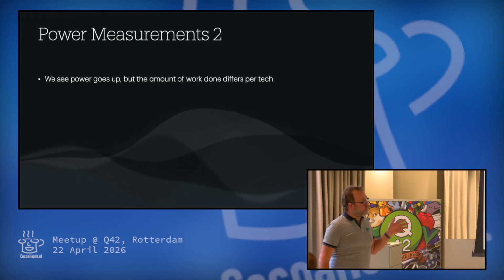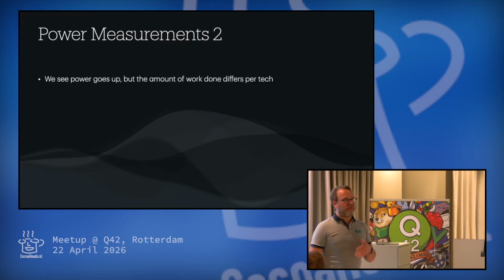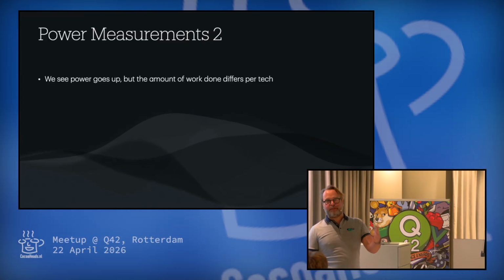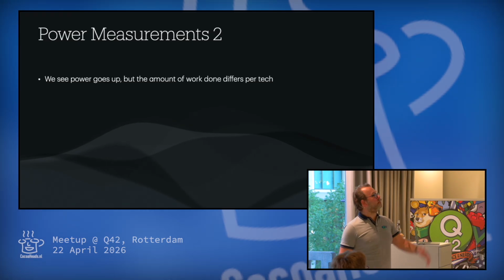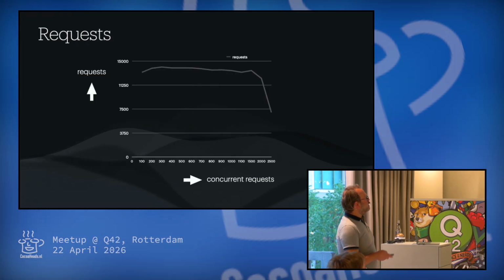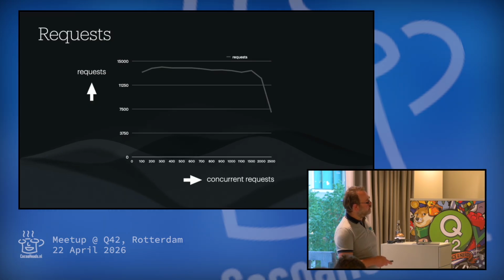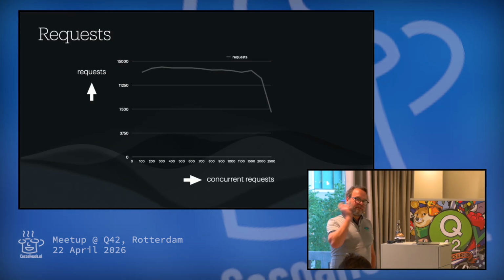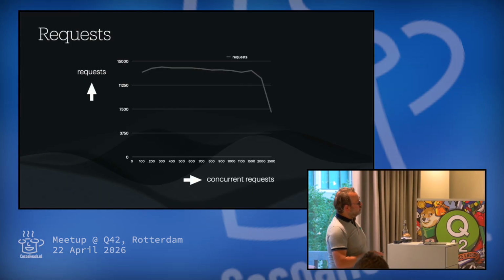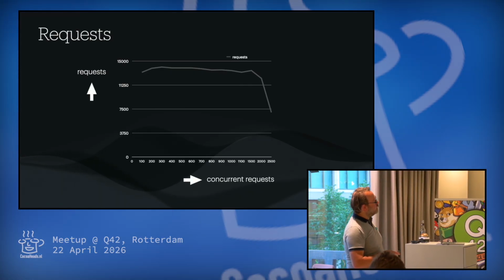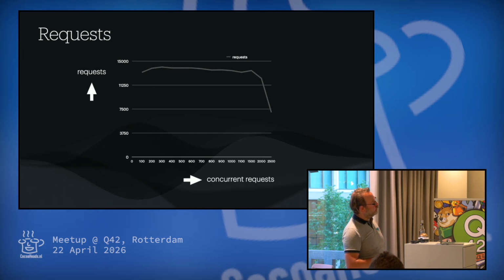So I do 100 requests per second, and then next minute I do 200 requests, 300, 400, 500, up till the server crashes, basically. And it's very nice. So what you see here is the number of concurrent requests. So basically you say, very fast, you do 100 requests, and you see the total amount of requests that the server handles using 100 concurrent requests.